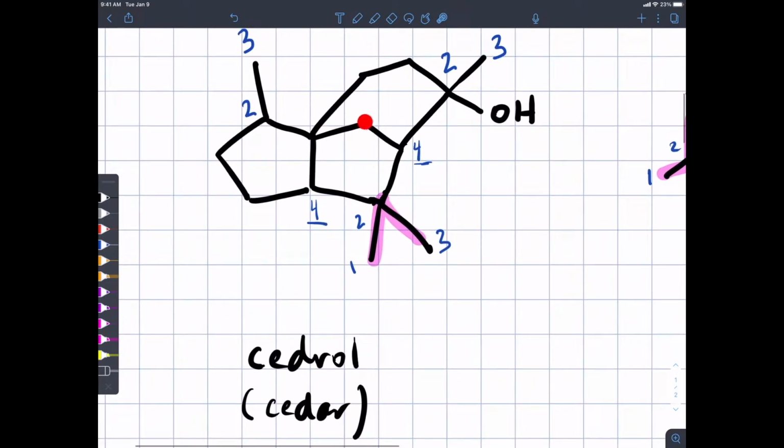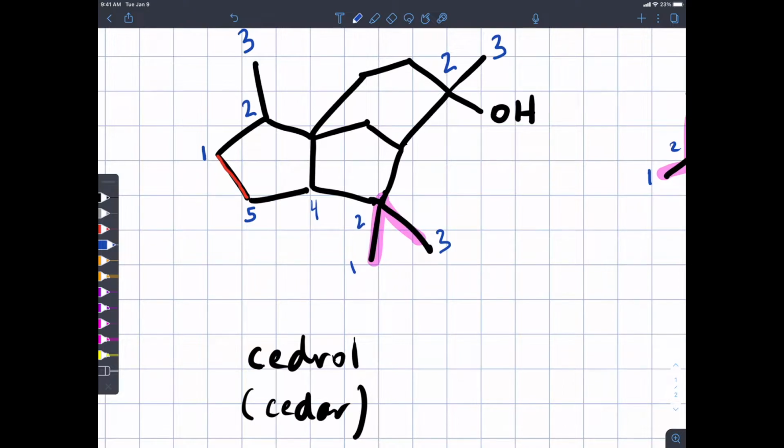Though, if I chose to curve around this way, 1, 2, 3, 4, 5, then this could be 1, 2, 3, 4, 5. But then how do I get the other isoprene unit on there? It needs to all be connected. So probably that's not a good choice. Then I could put 5 here. Then that would work